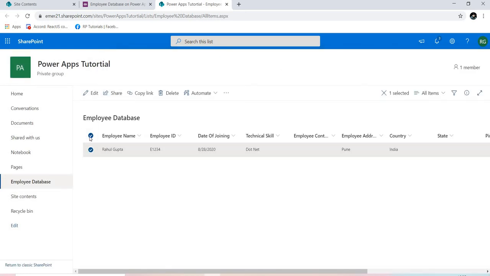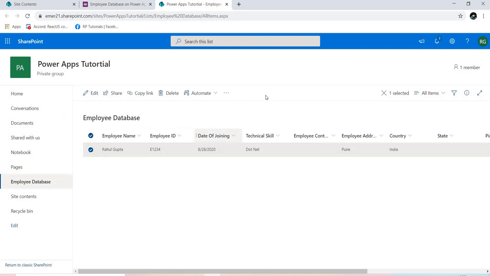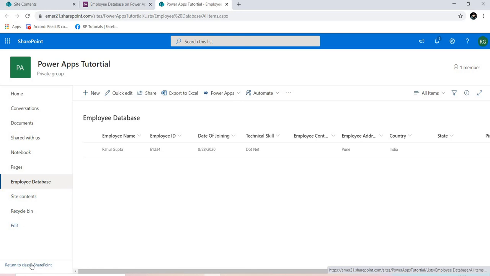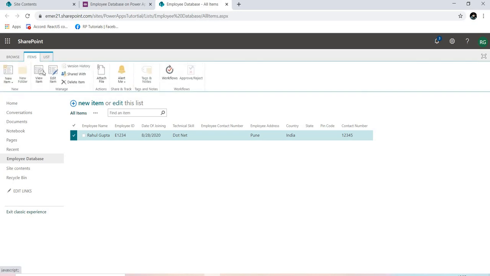Now let's go to view this data. We'll go to classic SharePoint. Now if I select this, go to items and hit on edit item.